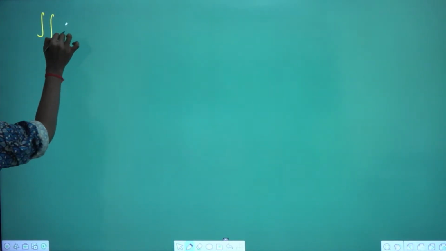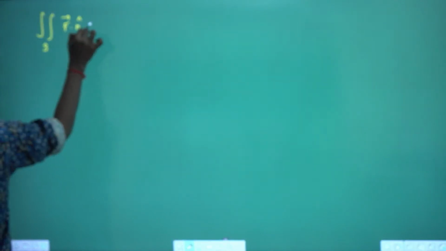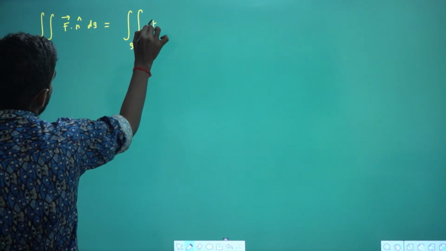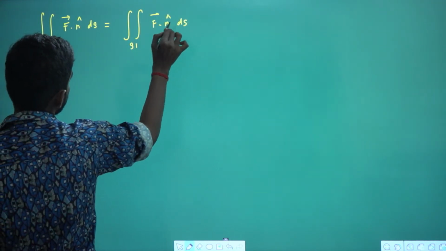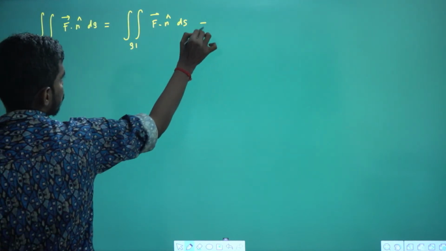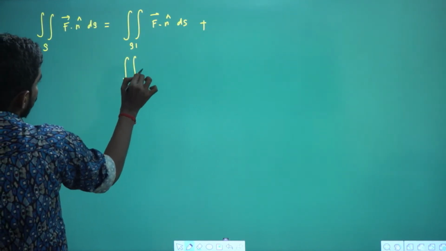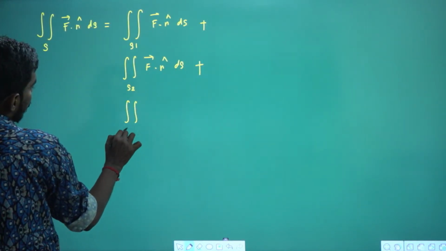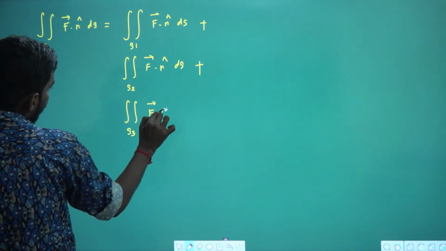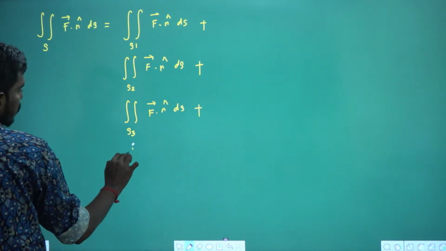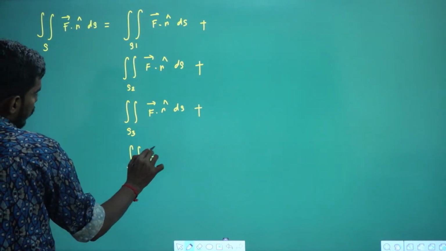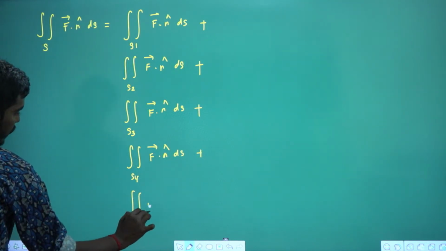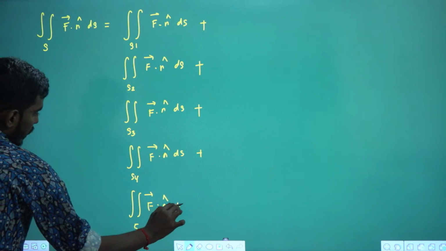So this will be double integral over S of f vector dot n cap dS. So this will be double integral over S1 of f vector dot n cap dS, right? Plus double integral over S2 of f vector dot n cap dS plus double integral over S3 of f vector dot n cap dS plus double integral over S4 of f vector dot n cap dS plus double integral over S5 of f vector dot n cap dS,